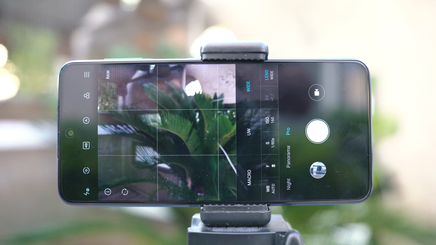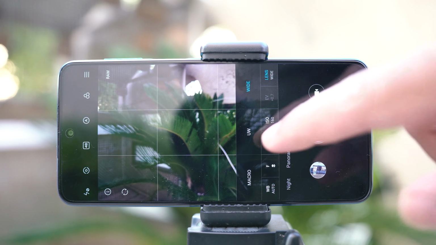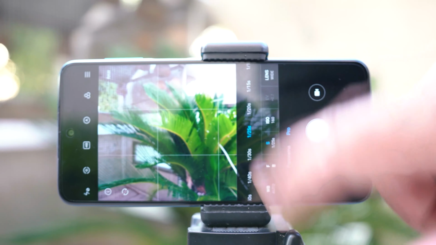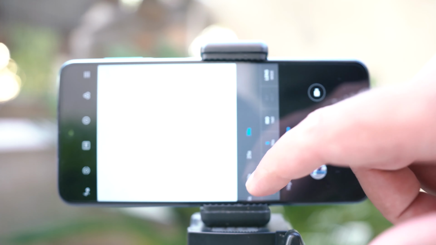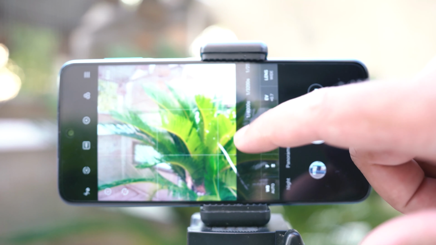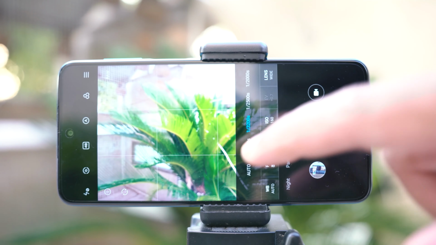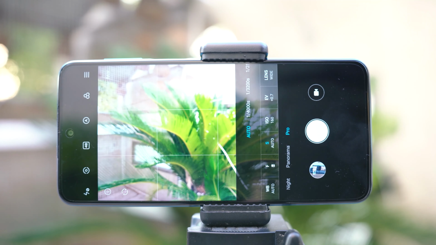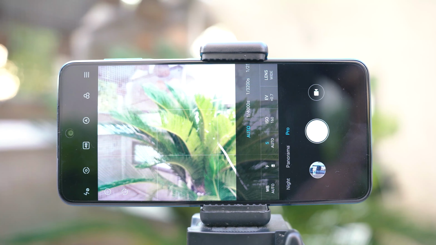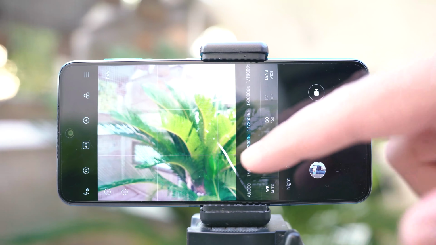Now next to that is the shutter speed. Now here you can see that we have these values for the shutter speed. So in the shutter speed we can go all the way up to 30 seconds, which is going to be a very long exposure. And then we can come down to 1/4000 of a second. The shutter speed is basically the amount of time for which your shutter is going to remain open.